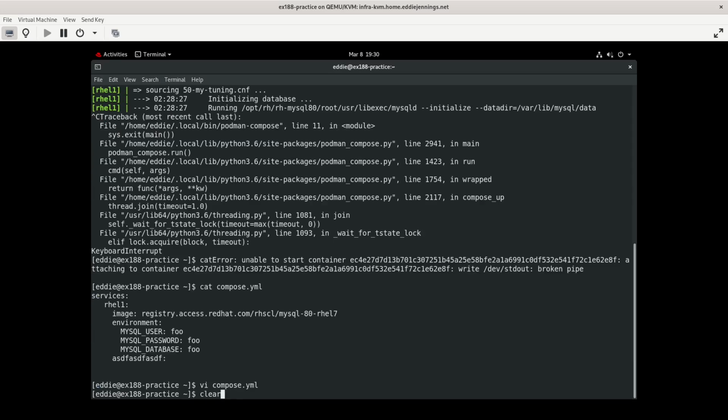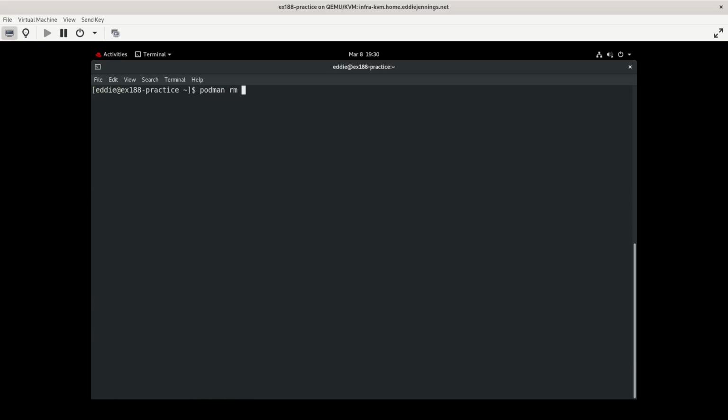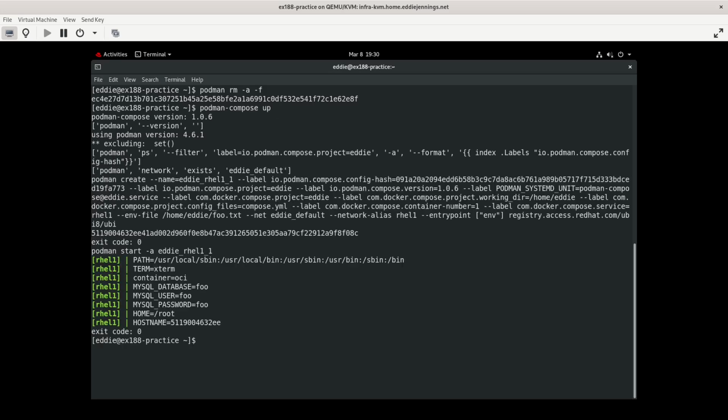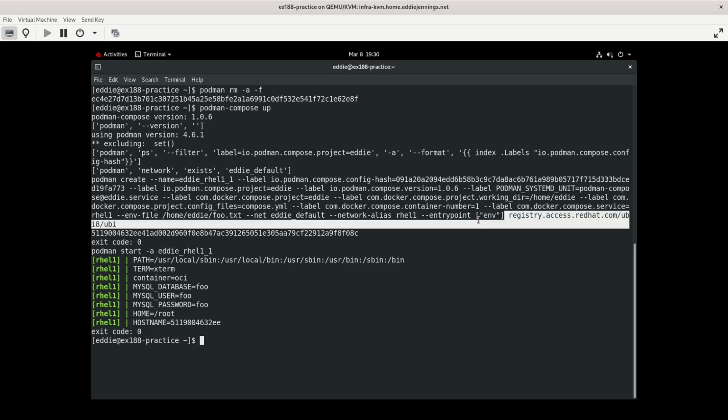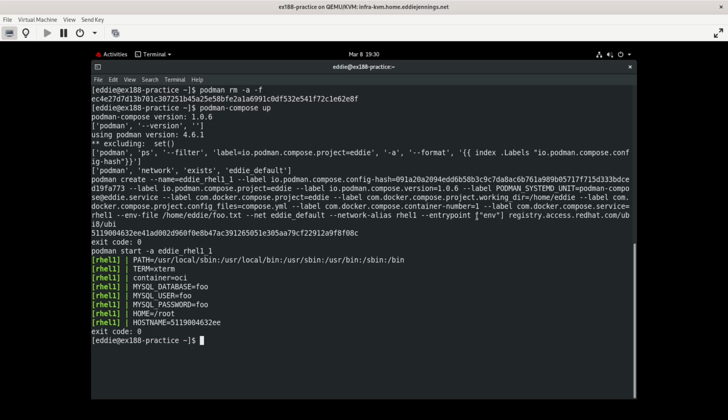All right, so clear, podman rm -af. Get rid of our containers, podman compose up, and see what happens. Okay, so yeah, it did the entrypoint, so it automatically encapsulated that. That's curious,